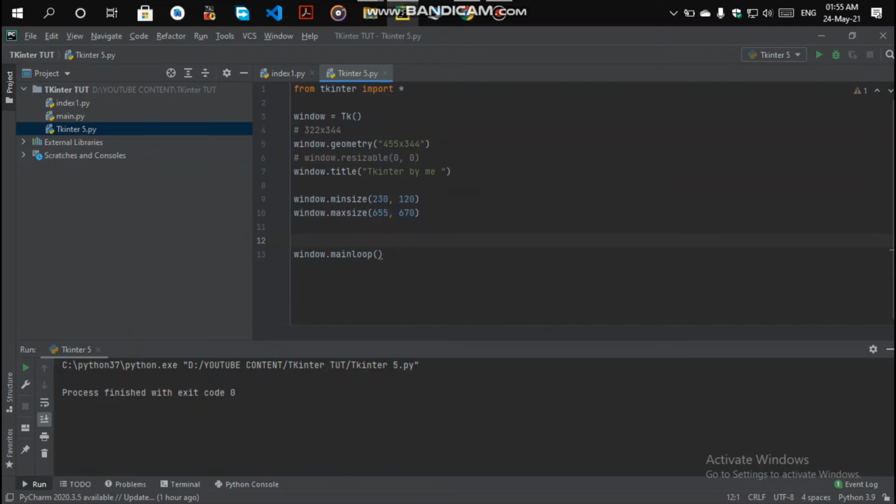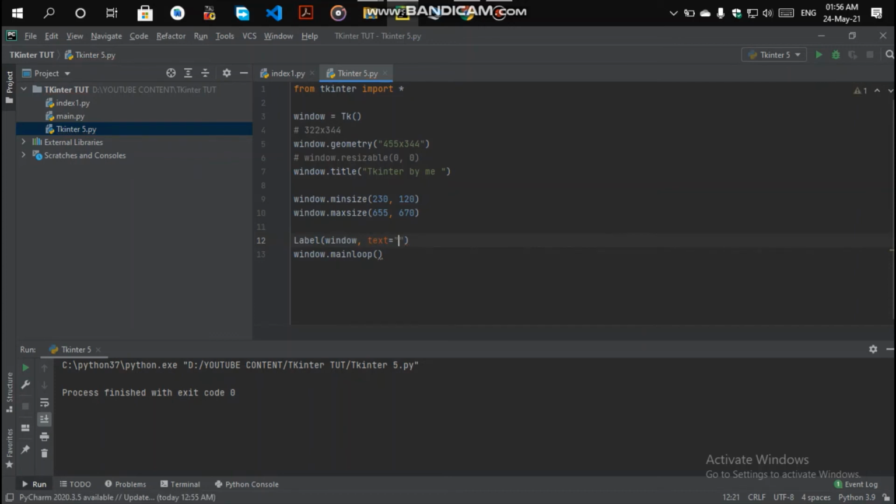What the label tag basically is: the label tag is used to display simple text in your application. This is used to display text, as we have earlier discussed in the previous video, and we will be discussing it in this video too. You can easily write label and the text to the root window, where the first argument will be the base window of your application, which is window here, and the next argument is the text value. The text value will be what you want to display in your window.